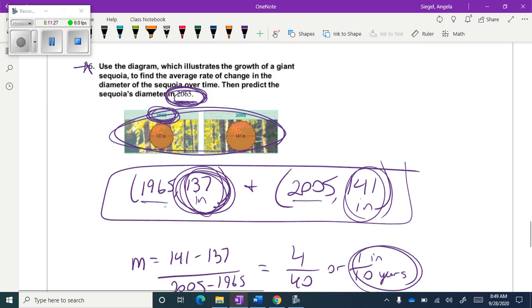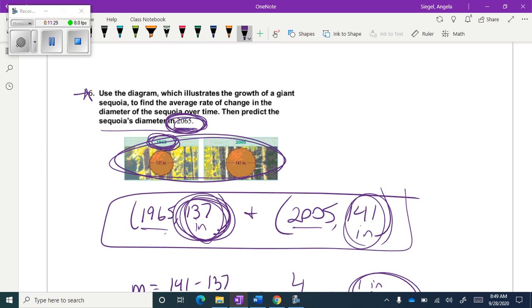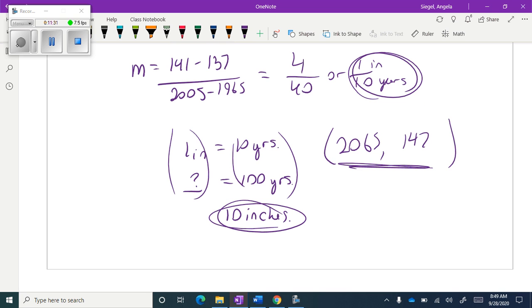Now you don't need this, but you're more than welcome to use it. Okay, so let's answer the question. So predict the sequoia's diameter. So it's going to be 147